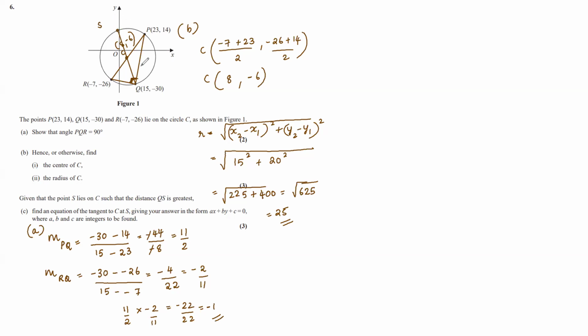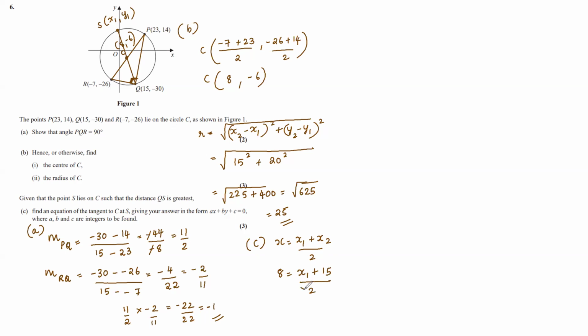Let's take S as x1 comma y1. First of all, let's find out the coordinates for S. We have Q, we have the midpoint, and we need to find out S. So in that case, I'm going to use the midpoint formula again. x is equal to x1 plus x2 divided by 2. Here the midpoint is given as 8. 8 is equal to x1, we don't know, plus x2 is 15